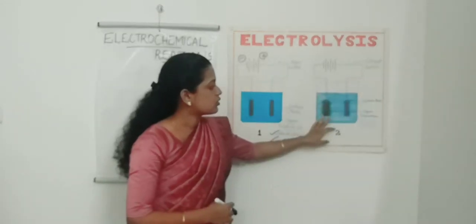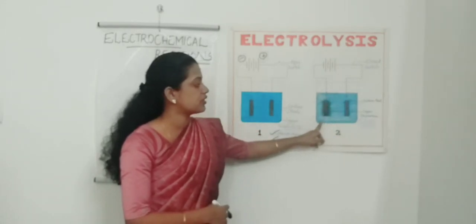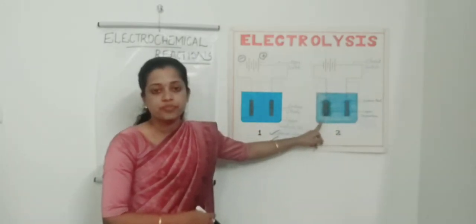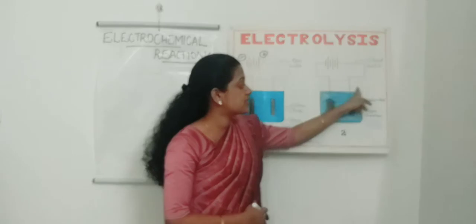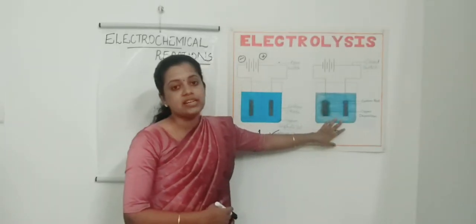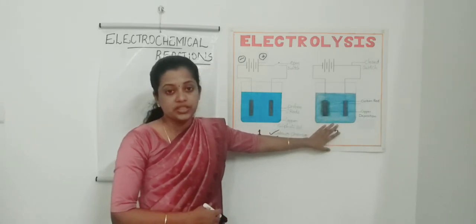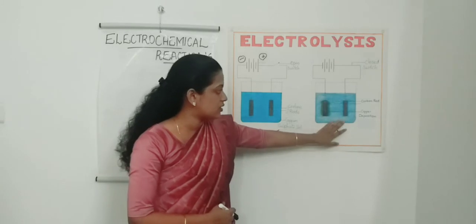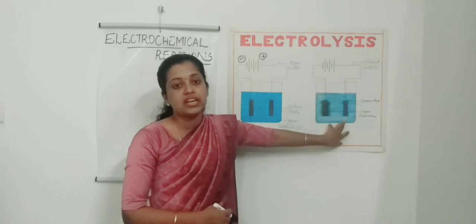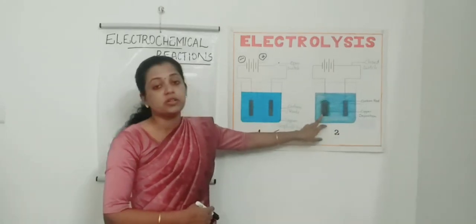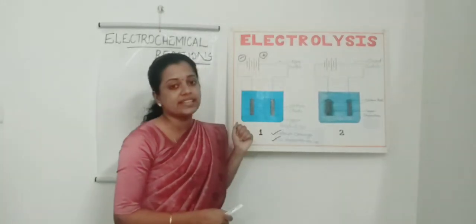And so, how did the color of this solution change? Can you say that? Yes, when the electricity was passed through the circuit, a chemical reaction happened. Hence, the color of the copper sulfate solution changed. And also, the copper from the copper sulfate solution gets decomposed and gets deposited on the negative rod. And this process is known as electrolysis.